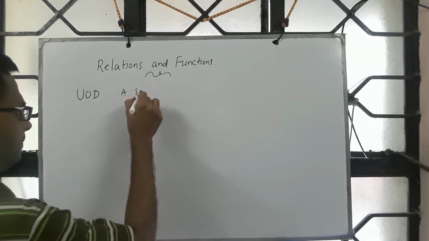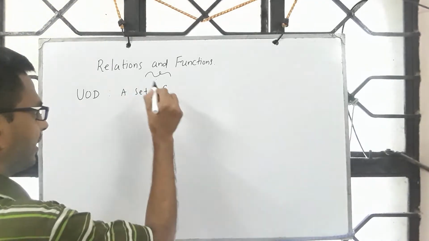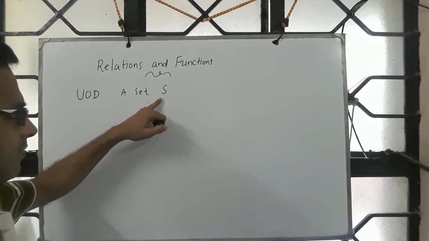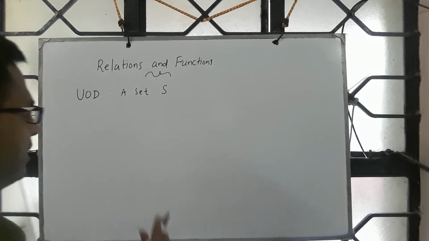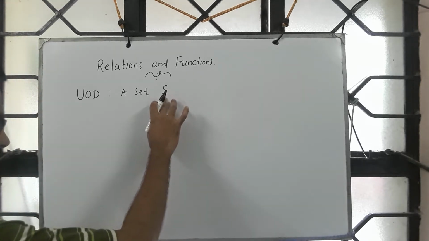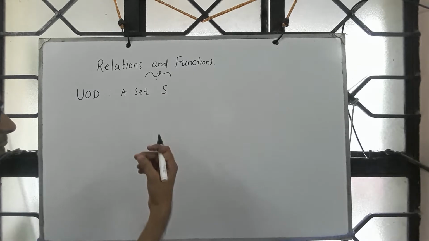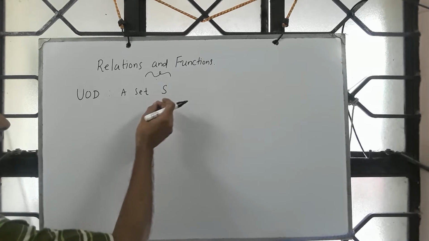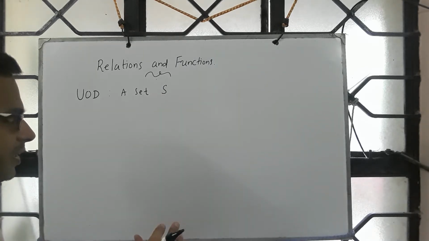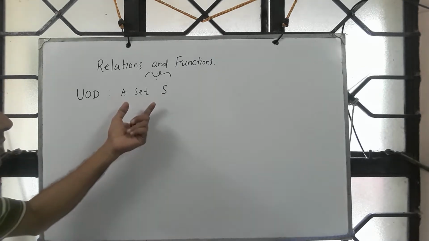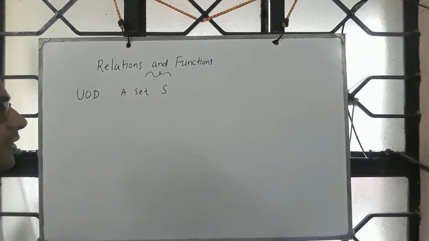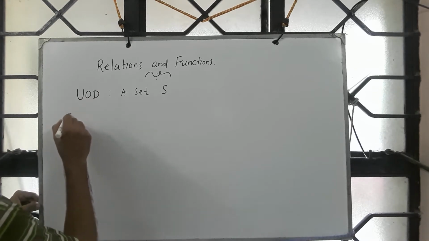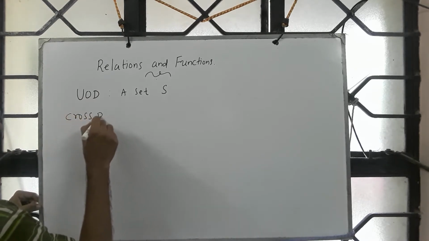It is a set, say let it be capital S. It could be set of students, it could be set of faculty, or it could be set of students and faculty. And we started looking at logical expressions. Keeping this, we take an element from S, we ask whether a student is good, whether a faculty is good, and such predicates we have defined. Then we looked at logical connectives to connect two elements of the set. This is all we did. We shall next look at something called cross product.